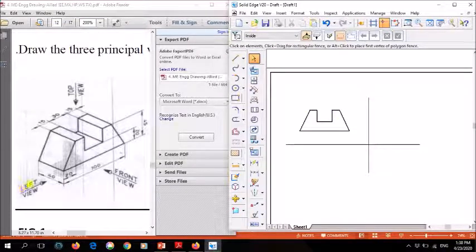Next I'll draw the left view. In left view, when I'm seeing from here to here, this is your left view. So where is this left view drawn? On the right side. Clear? And if the right view is given, that needs to be drawn on the left side. So left view is there, so in the same way I need to draw it on the right side.